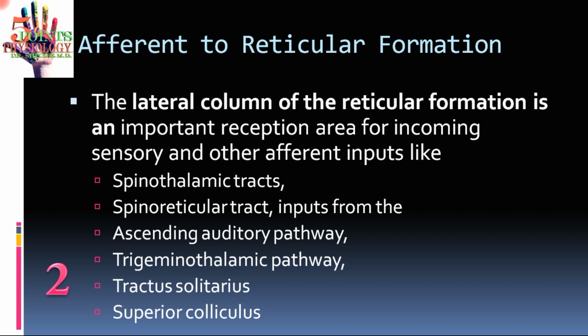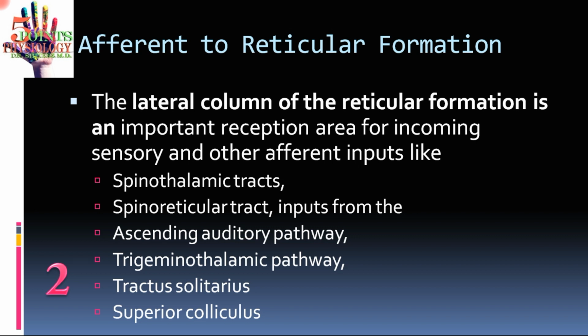So it can be divided into 2 different parts. One is the sensations coming from the spinal cord and other equivalents of the spinal cord like the cranial nerves. So this is basically the input which is of sensory type. The other input, which we will see in the third point, will be of motor type or the command type, which is coming from other areas of the brain to the reticular formation.